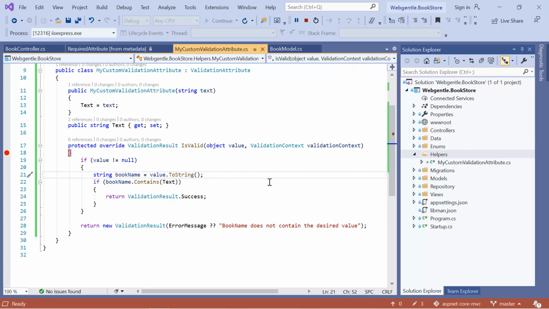If you want to use more than one property in your custom validation attribute, then you can create any number of properties over here. And in case you want to make these properties required, then you can pass these properties over here in the constructor of this class. Based on your logic, you can create multiple constructors as well. Whatever logic we have in C#, you can perform all of it over here and your custom validation attribute will work perfectly. You can also make database calls from here in case you want to check something in your database.